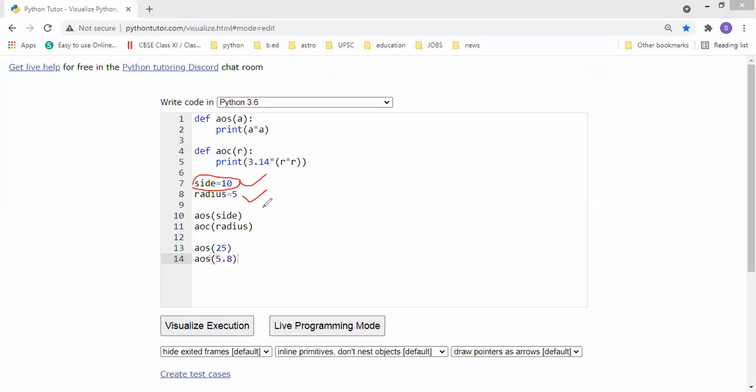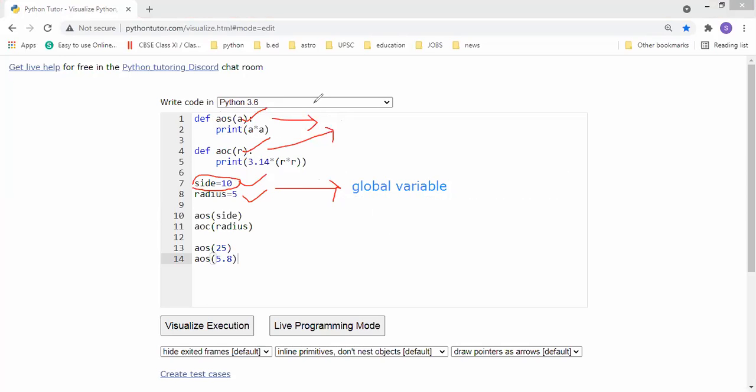The variables present in the main program are called global variables. That is the definition. The variables present inside the function are called local variables.